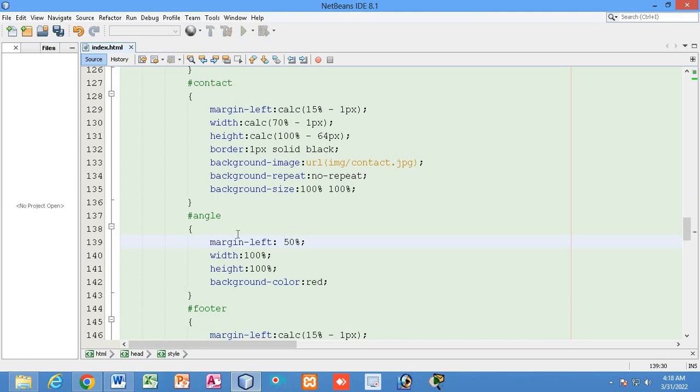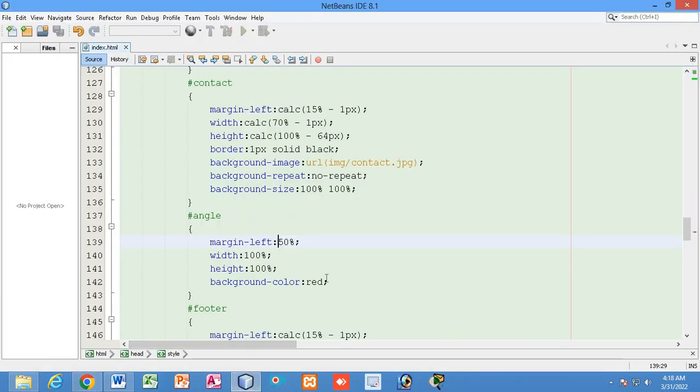So let us see how it looks now. If I give margin left 50%, you can see I have pushed the red color div 50% from the outer contact div. So now half of the div can be visible, right?